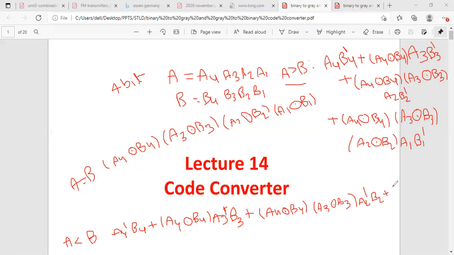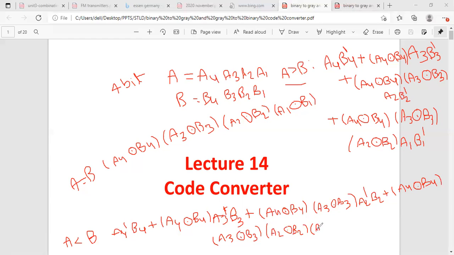And next, for example, A4 and B4 should be equal, and A3 and B3 should be equal, and A2 and B2 should be equal, and A1 and B1 should be equal.